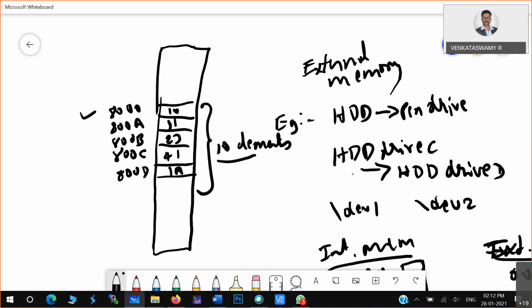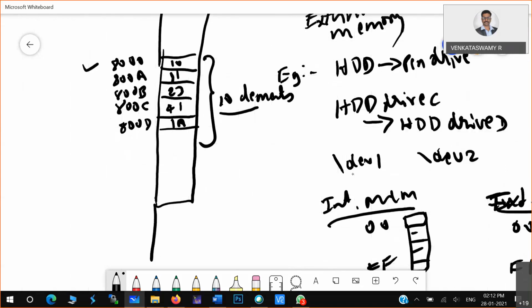So from the 8000 memory location, you may have to copy these 10 elements to a different memory location.